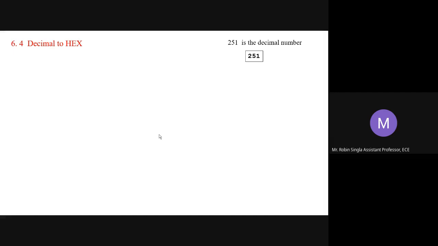The number which we have taken in your program is 251, a decimal number. How will we perform it? First we'll divide it by 2. Basically we are converting into a binary number, and your microcontroller will save this binary number as hexadecimal by default. Okay.